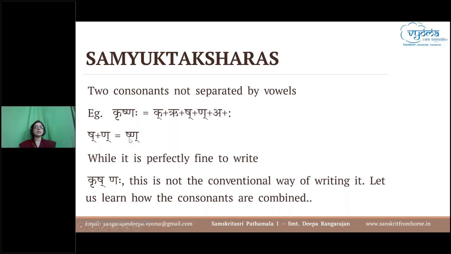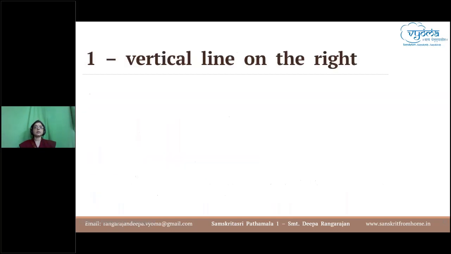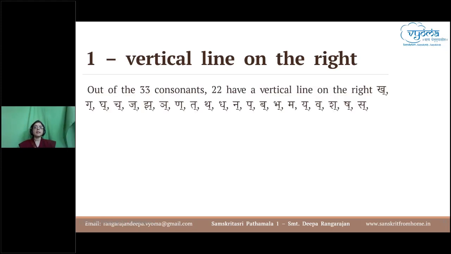Mostly in all the texts, you will find only this form, where the vertical line of the shakara has been suppressed. So we will learn some guidelines as to how these different consonants can be combined. That is what we are going to learn under SamuktAksharas. For this, we are again dividing the set of consonants into 4 categories. The first category, out of the 33 consonants,